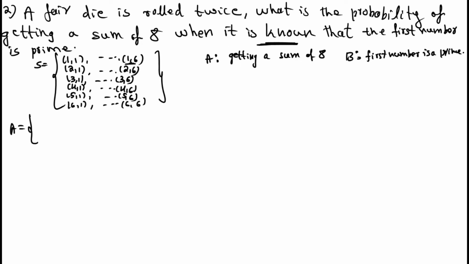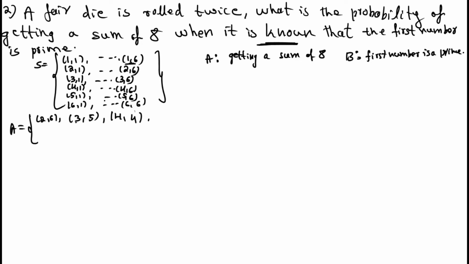Okay, 2 1, 2 2, 2 3, 2 4, 2 5 is not possible, but 2 6: 2 plus 6 is equal to 8, so 2 6 is possible. Then 3 1, 3 2, 3 3 is not possible. 3 4 also not possible, but 3 5 is possible: 3 plus 5 is equal to 8. Then 3 6 is not possible because 3 plus 6 equals 9. 4 1, 4 2, 4 3 is not possible. 4 4 is possible. Then what about 4 5? No, it's 9, right? Then 4 6 is equal to 10. It is also not possible.